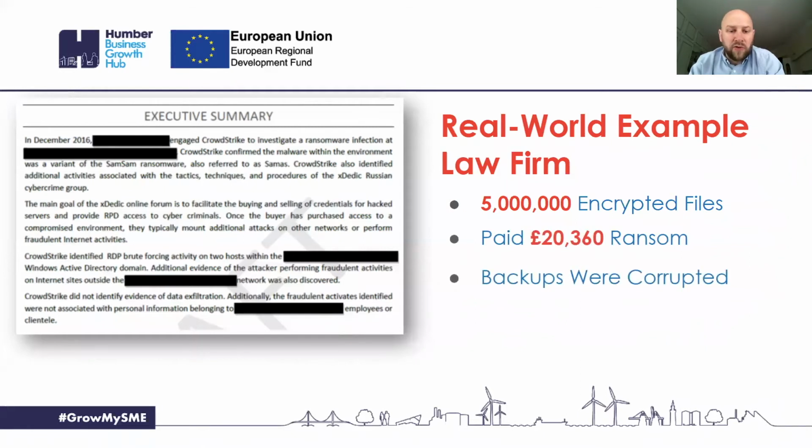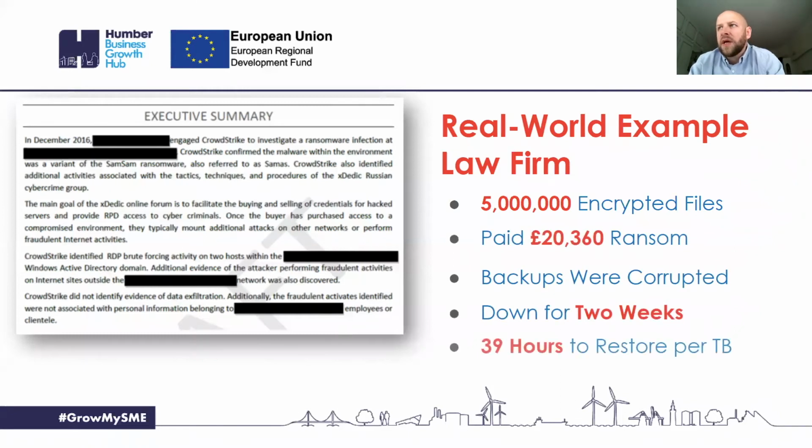because the backups were corrupted, so they were unable to come back off a backup. They were down for 2 weeks, and it took 39 hours per terabyte to restore. Now, what that means is it might have only taken 30 minutes to encrypt the files. It takes a lot longer to decrypt, to unencrypt them